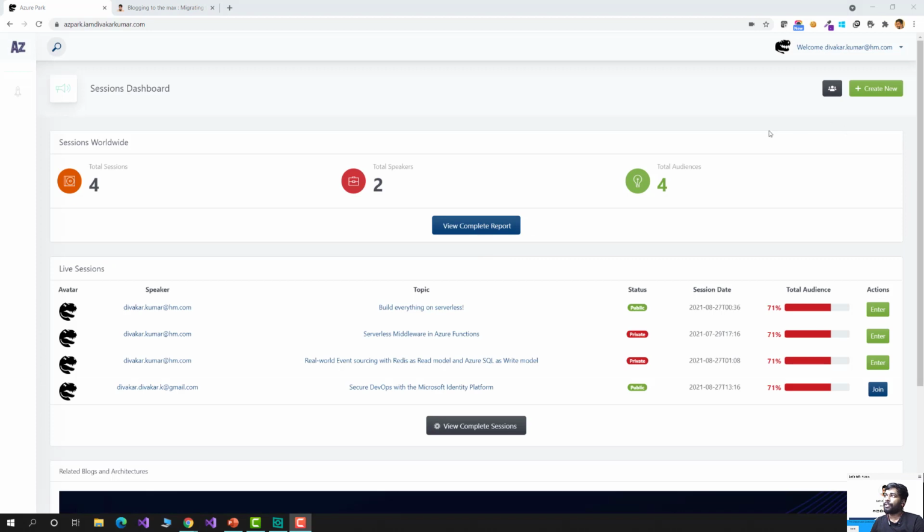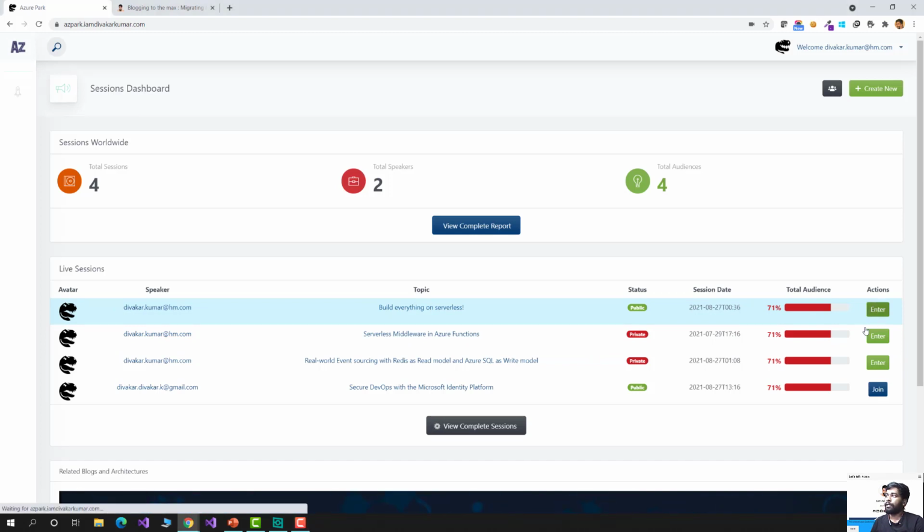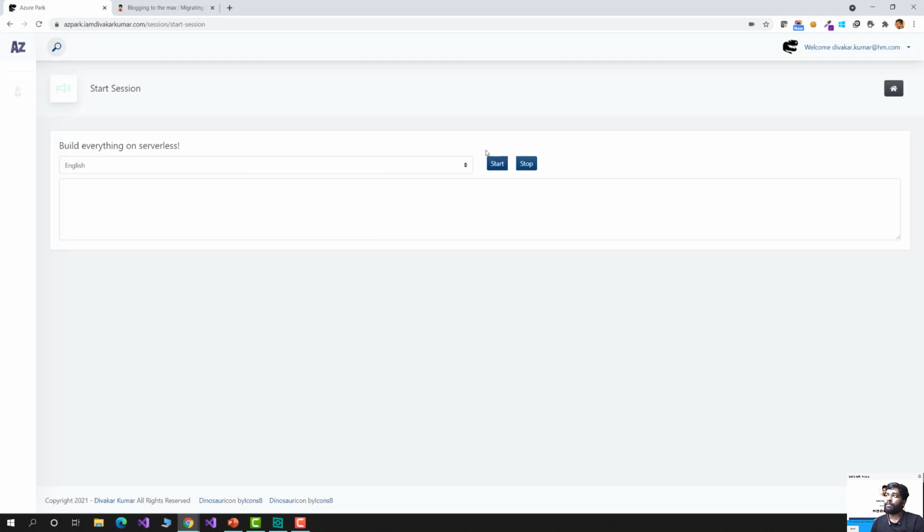So once you create those sessions, you will be able to see those in the live sessions. And what I'm going to do is enter into a particular session that I have created earlier, and you will be prompted with two options, one to start the session and one to stop the session. So once you start the session, my browser is going to detect my voice using the plugin, and also behind